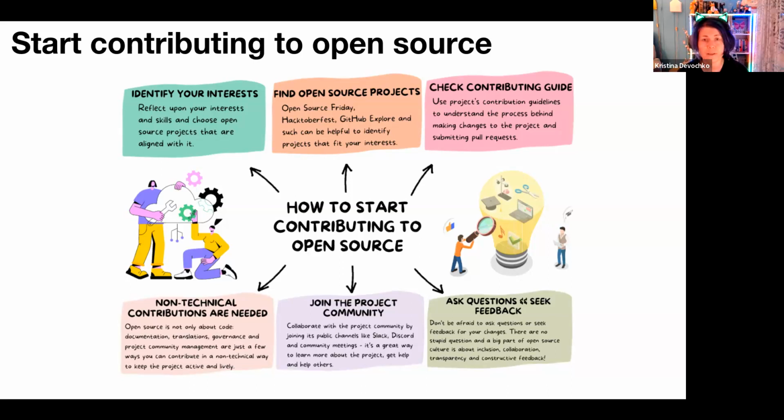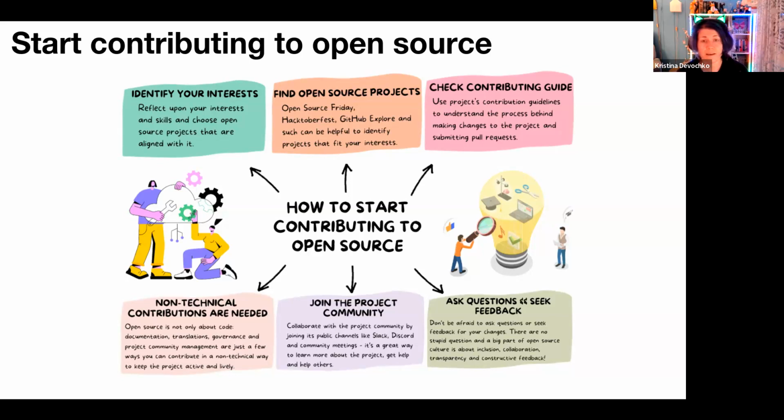And personally, I do believe there are no stupid questions, and the open source community and the cloud native community is very open and inclusive and really willing to help. Through the time I've been here and been contributing, I felt like people are really happy to help out if you just ask a question. So this is a very welcoming environment, and I hope that all of you can get the same experience about it. So don't be afraid to ask any questions or raise any thoughts you may have in the community channels.